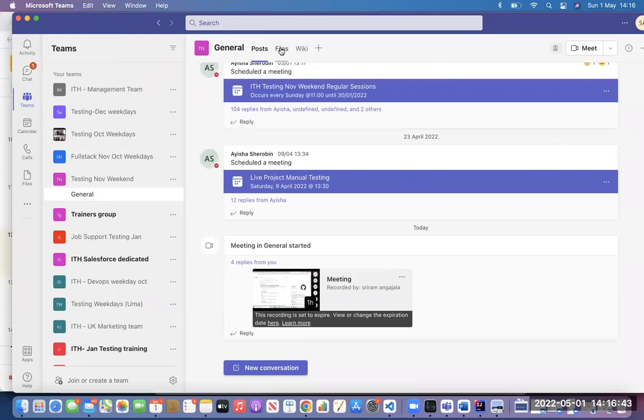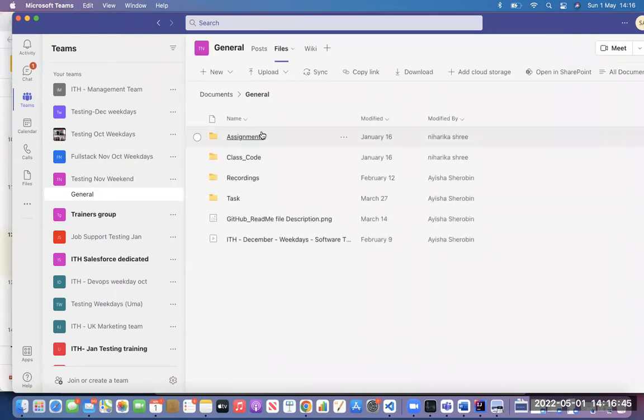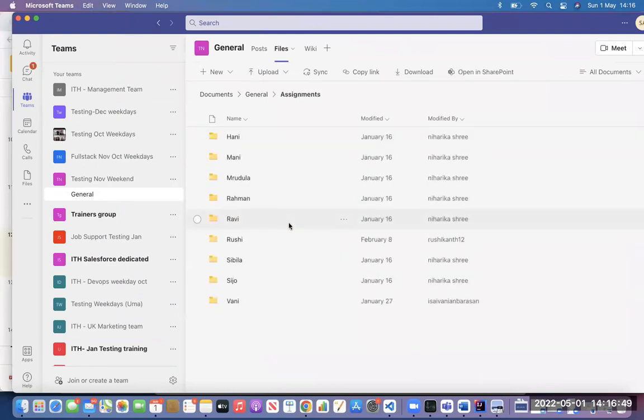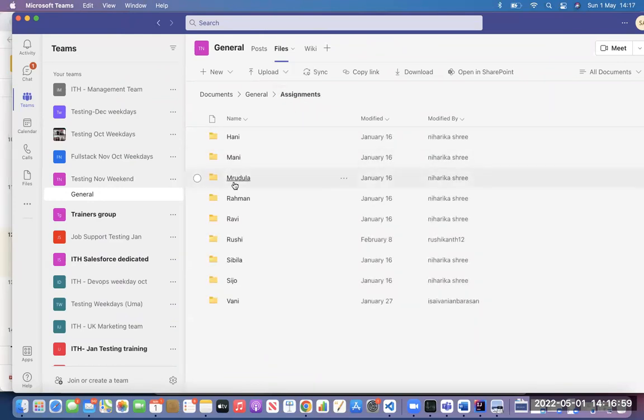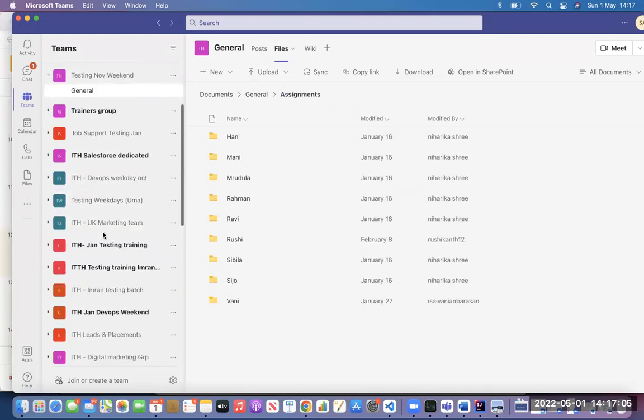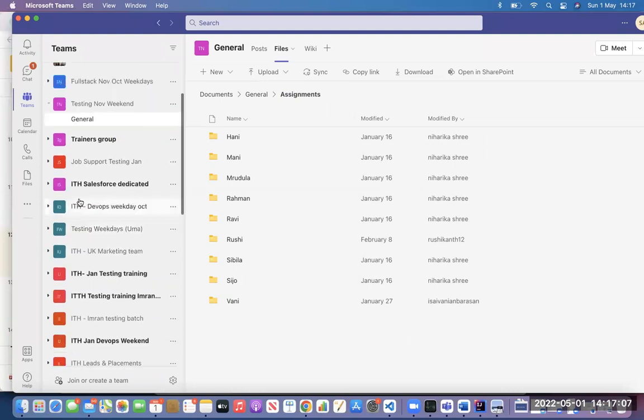Okay, and everyone, you can see here all the assignments and all the recordings, everybody here. Example, see here, this is the quality of our students. Example, you take Honey, this guy has done a project which is there in the assignments. Mridula, maybe she hasn't done some work, so we can straight away know she's not working. Okay. So like this, we have